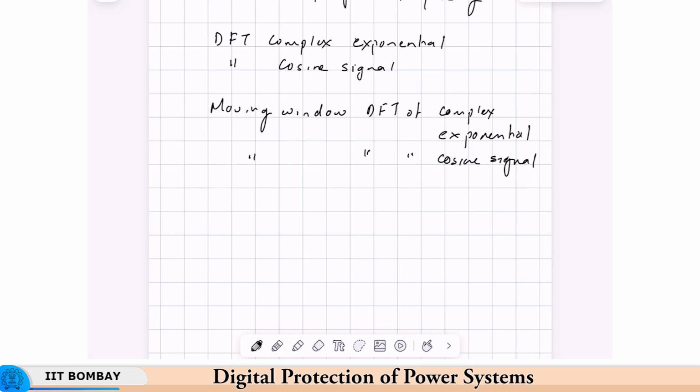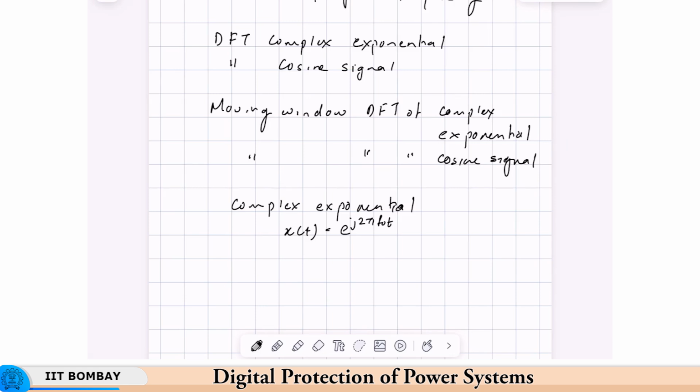So we started with complex exponential, DFT of complex exponential. So our signal was of the form e raised to j omega naught t, or e raised to j 2 pi f naught t. I am not going through all the steps because this is just a revision to refresh our memory so that the whole estimation of system frequency can come together as a snapshot. Okay,